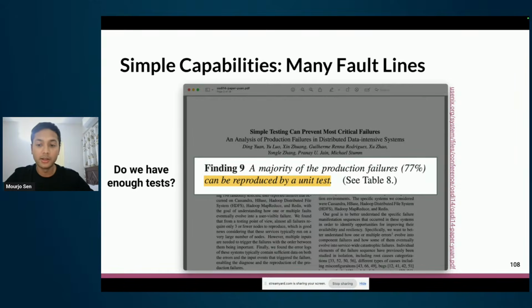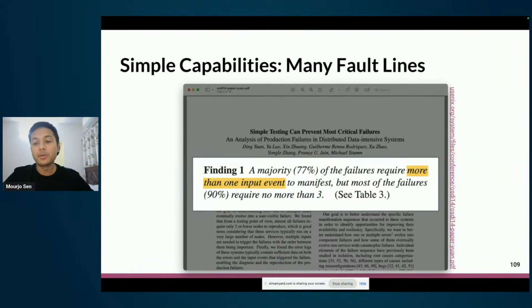The second finding from this paper was even harder to think about in terms of example-based tests, because it says that some failures took more than one input event, which means that it took more than one user action to manifest. So let's say A happens, then B happens, then C happens, and then the bug happens.